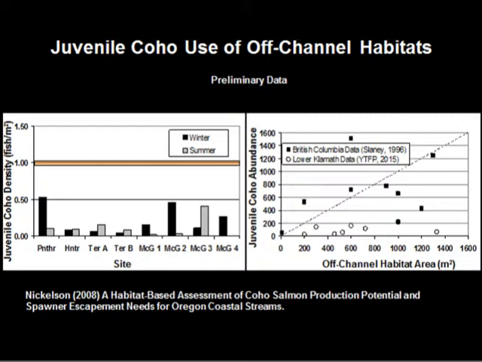The Panther Pond is a natural analog. It's a natural feature, and so our fish densities at Panther are some of the highest that we see. McGarvey, all the features to the right here from Hunter over are constructed habitats. And based on literature and work that Nicholson has done, we're not saturating our off-channel habitat. And so this provides us a metric that we can look at to see if we're having success.